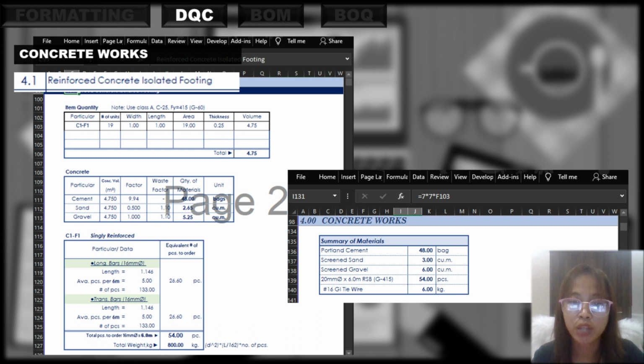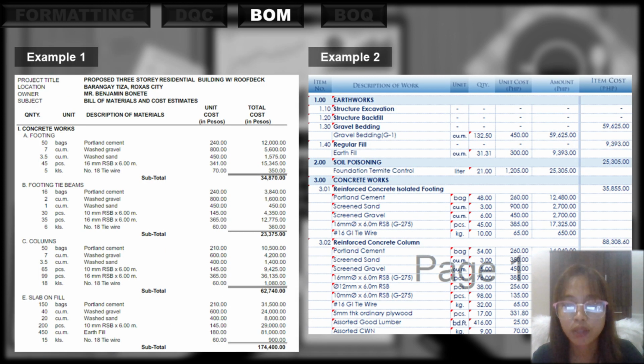This is how it looks like when you input your data in Excel. Make sure if you make your own format, make it neat, simple, understandable, and easy to use for your next estimate project. Moving on with our next topic, the bill of materials is part of construction estimate where we indicate